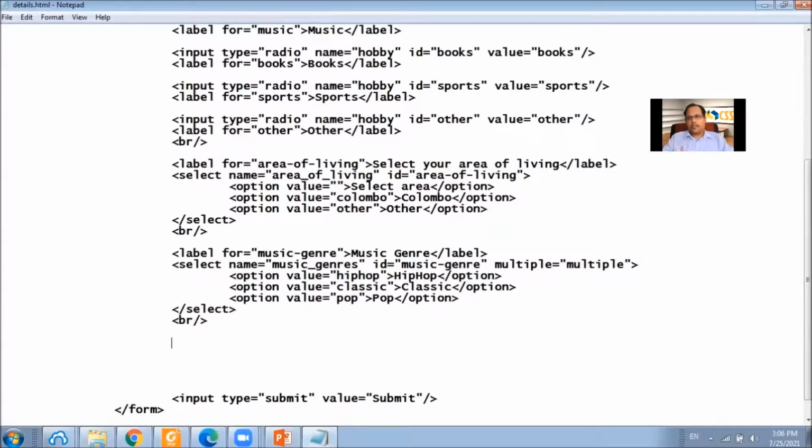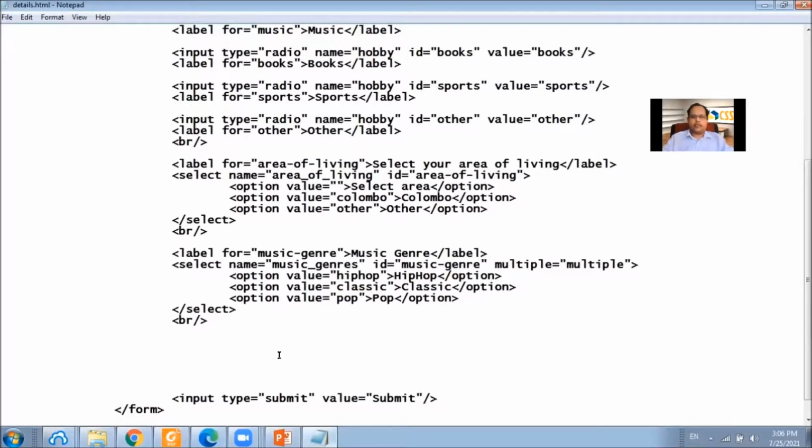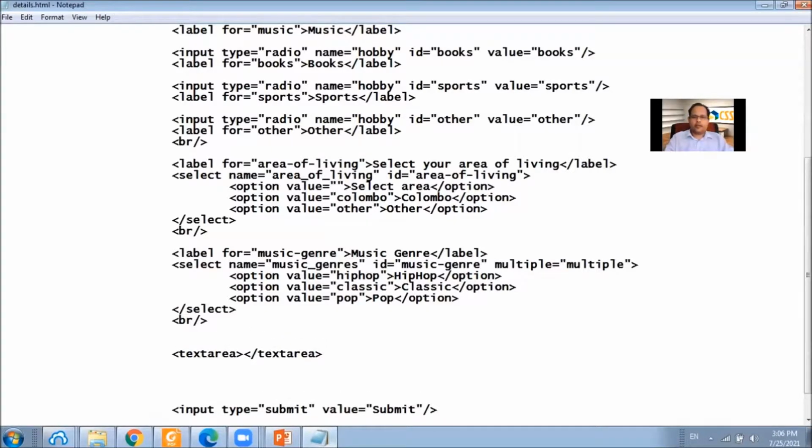Let's also introduce another text box which has multiple lines. In our previous text box, the user could enter only one line of input. In this case, we call the multiple line text box a text area. Text area. And also we can specify a label for this.